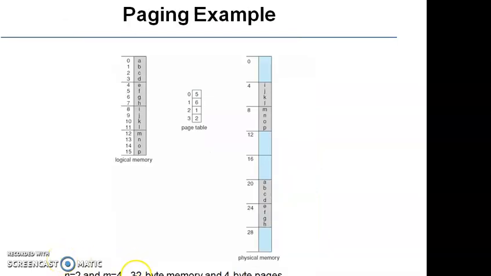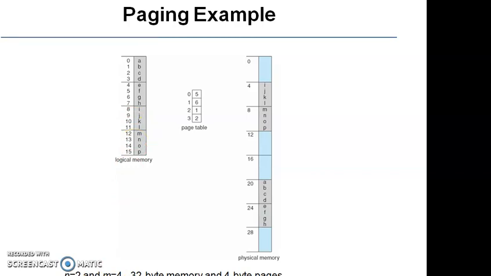Let us see one paging example. In this case, we have the logical memory from 0 to 15, and each page is of size 4. Therefore, n equal to 2. That is, to identify one character or one memory location, we require 2 bits, since 2^2 is equal to 4. And since there are 4 pages, to identify the 4 pages, we require 2 bits, 2^2 is 4. That is the first page, second page, third page, fourth page. Therefore, here n equal to 2 and m equal to 4.